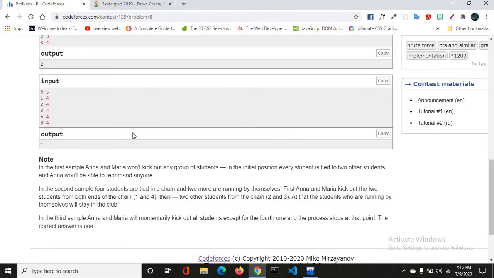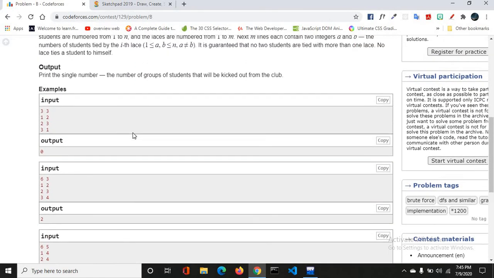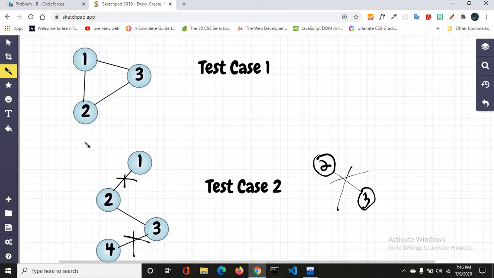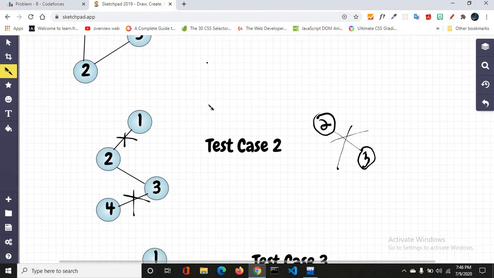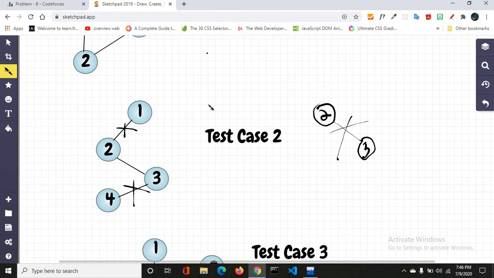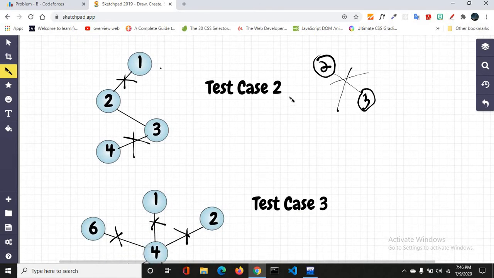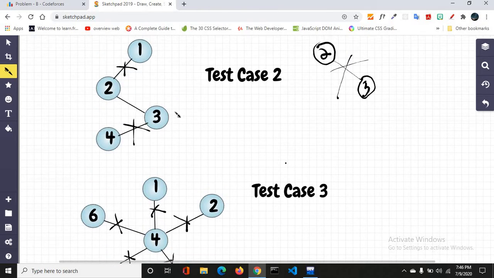Now, how are we going to solve this problem? We will first create a graph of all the nodes and the edges, and we will traverse the whole graph and check what the size of the graph is. So for example, if we take a test case for 2,